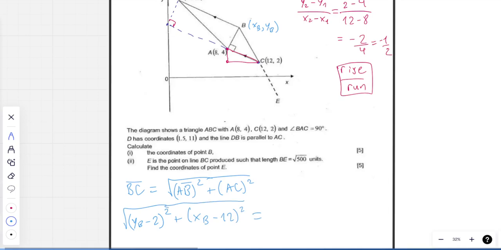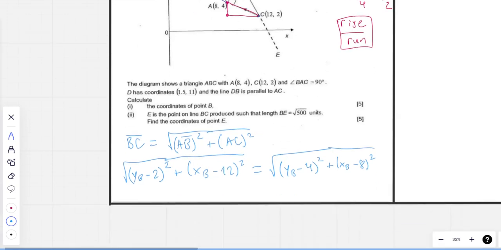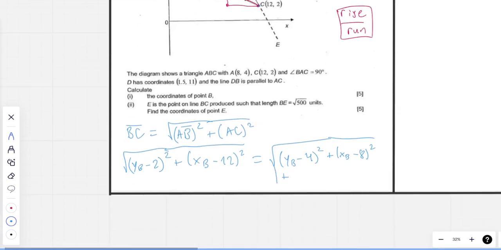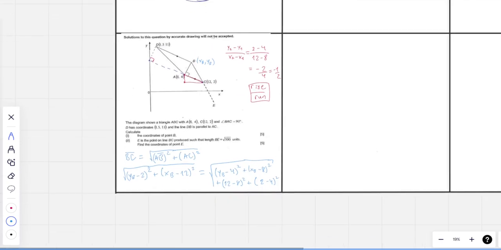And then we have that's equal to square root of, so distance from A to B is also going to be something similar, right? It's going to be YB minus 4 squared. And we have XB minus 8 squared. And we want to add in the distance from A to C, which is a lot simpler because we actually have numbers for that. It'll be 12 minus 8 squared and 2 minus 4 squared. So I'm actually just using distance formula for a lot of these. Then I'm going to move this over to here because we actually need a lot. Like, I don't think you'd ever see this on the SAT, but thank you for